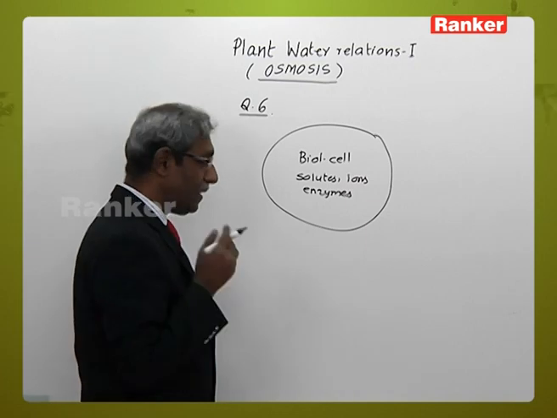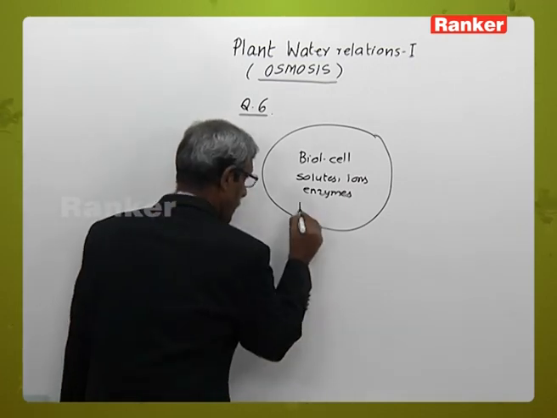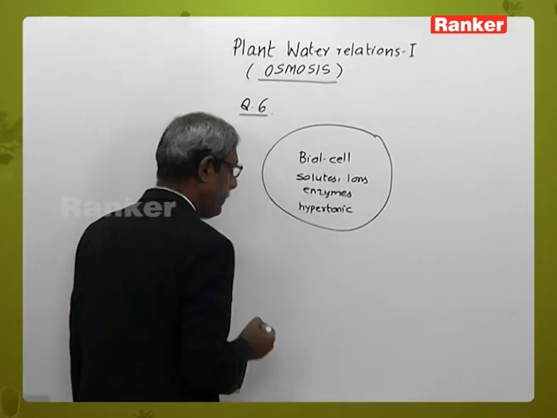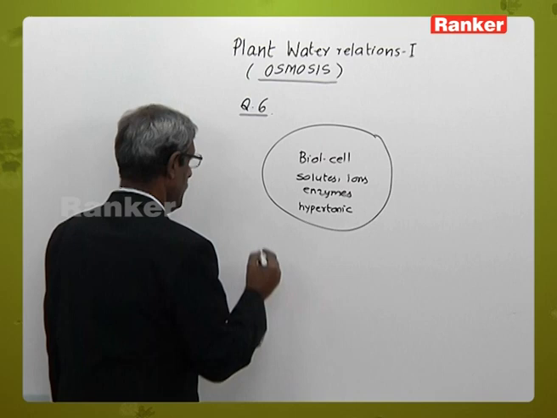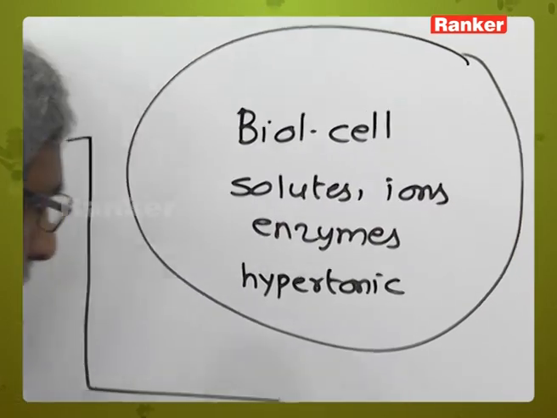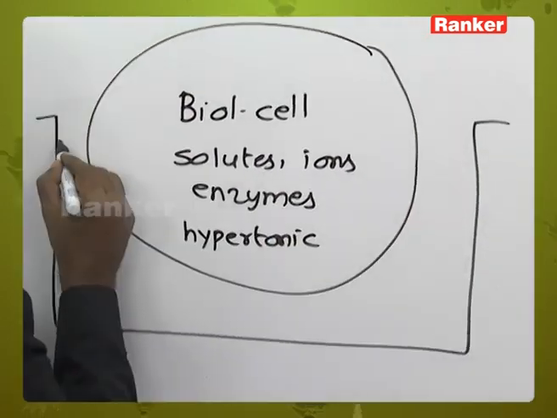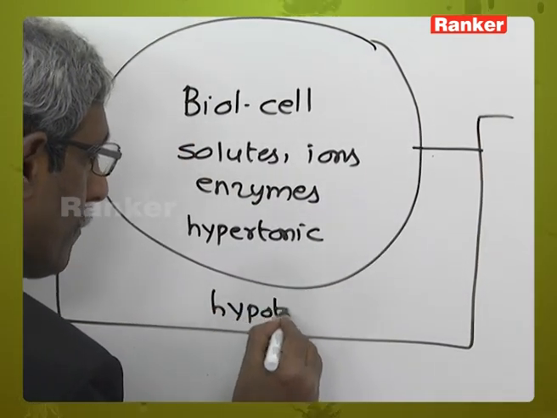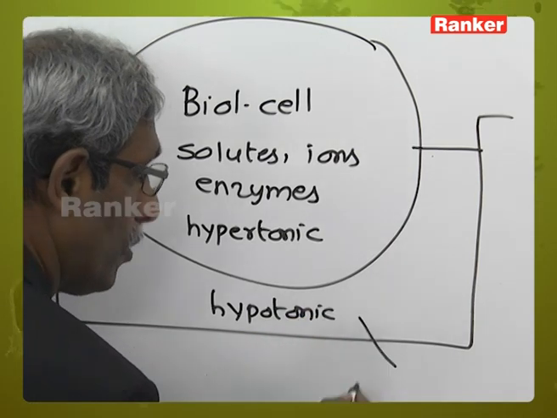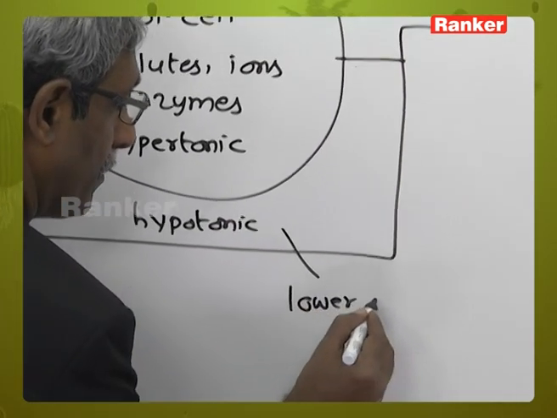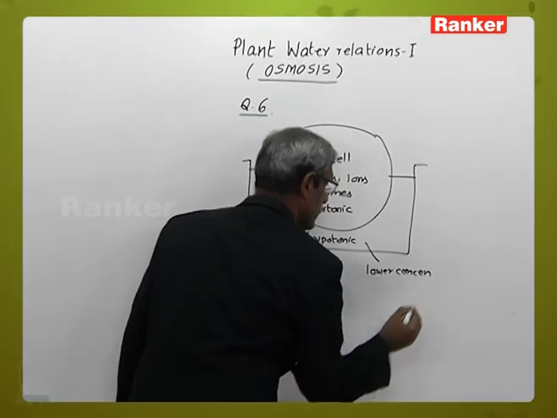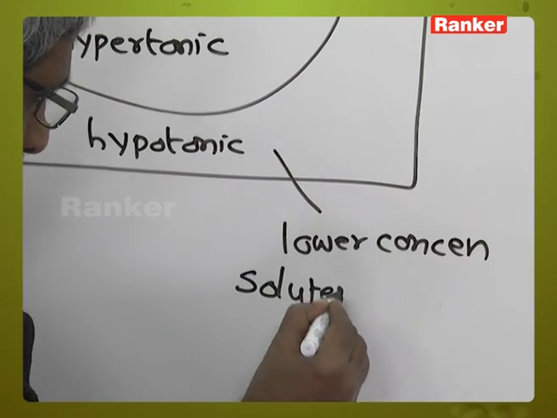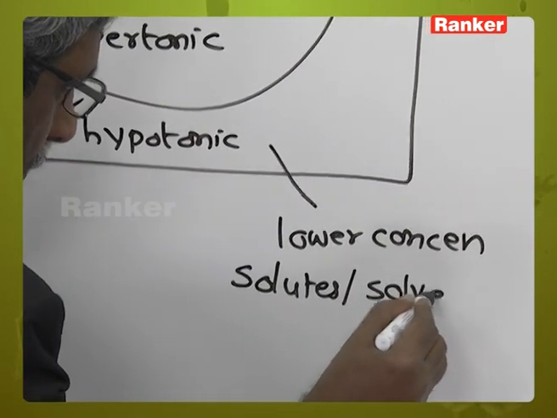So, because it is primarily rich, it is hypertonic. A biological cell is very much active. So, when it is placed in a hypotonic solution, that is a solution with lower concentration of solutes in the solvent,